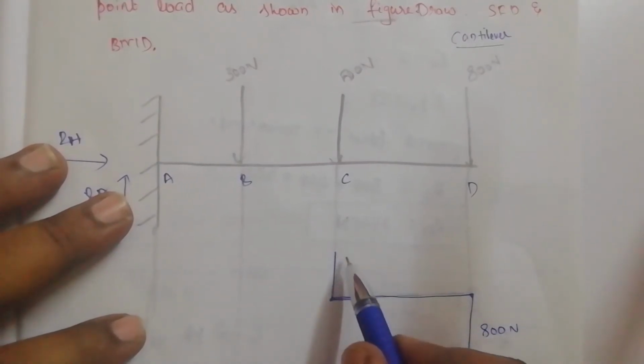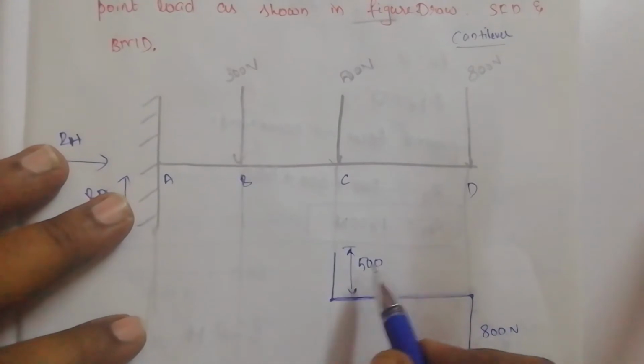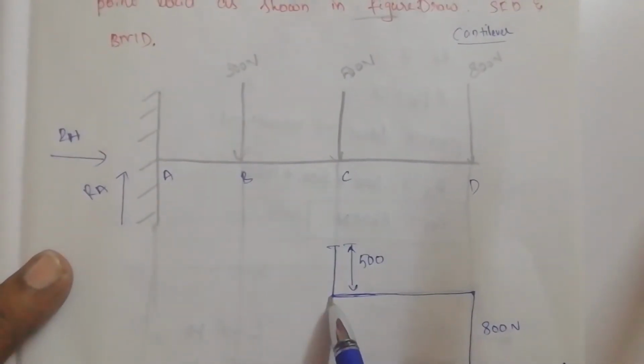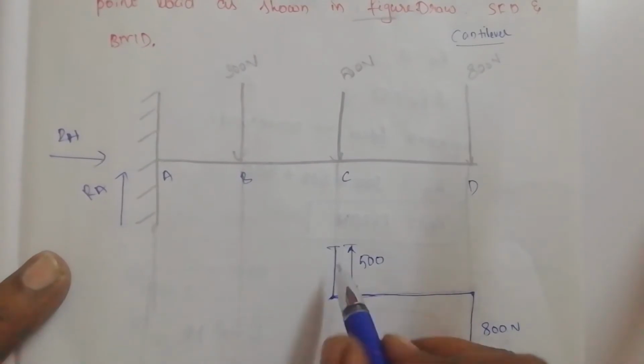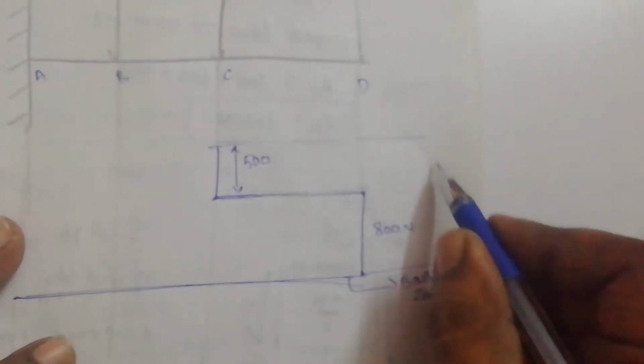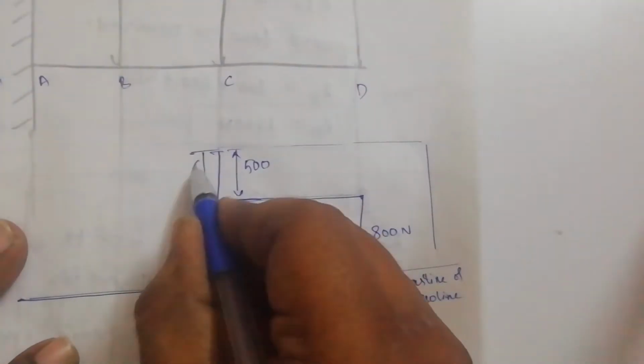So I have moved a distance of 500, let this distance be 500. So I have moved and reached a point here from this 800 to 500. So the total is nothing but here. So this total is 1300. Total is here 1300. I will draw here itself. No need to go on the other side.